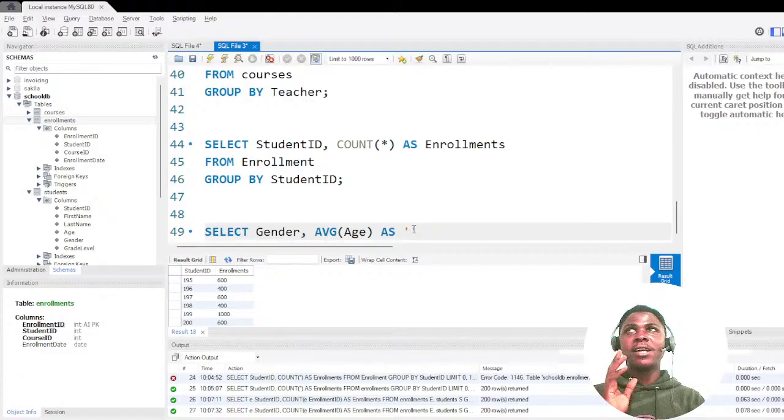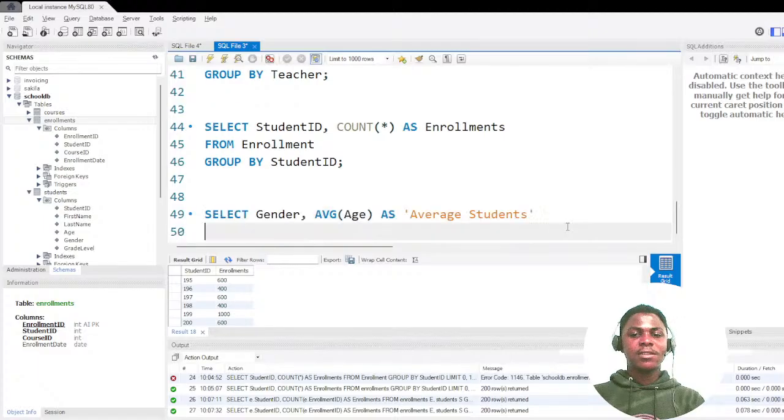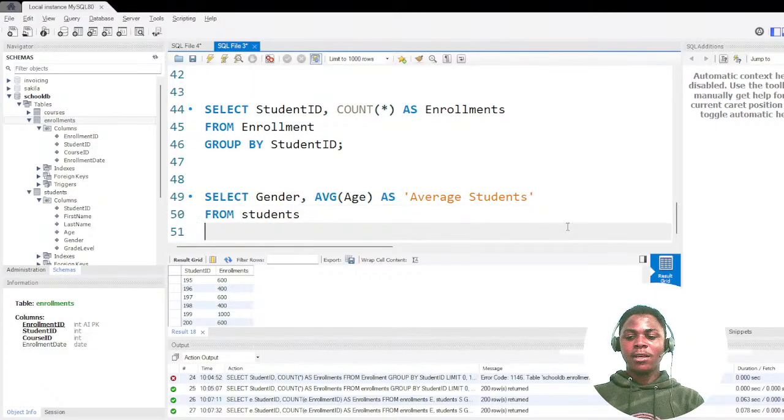You have to specify the column that has the numeric value for average, unlike count, as average student. Then from what table? From the students table. Then group by